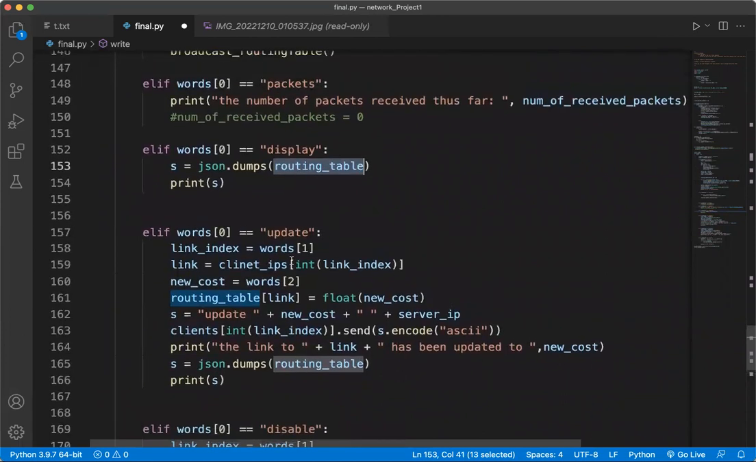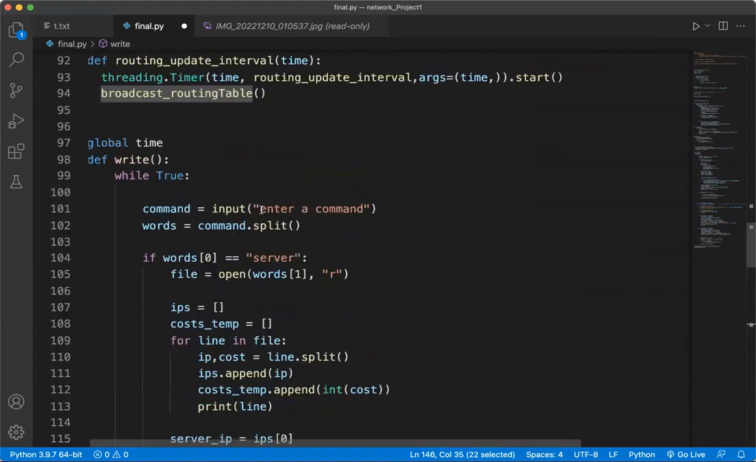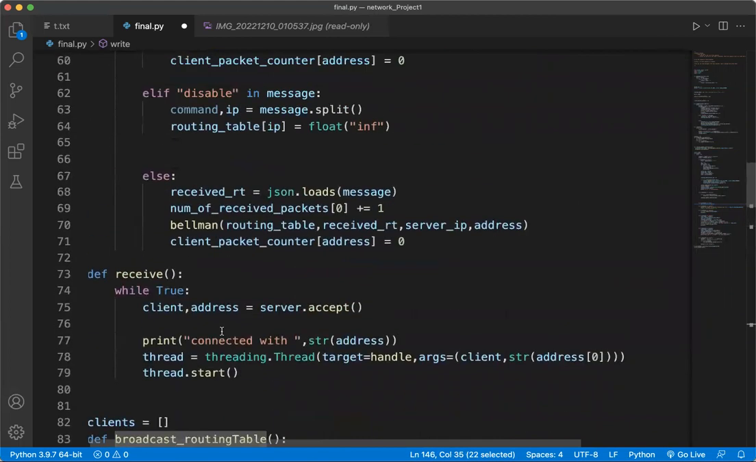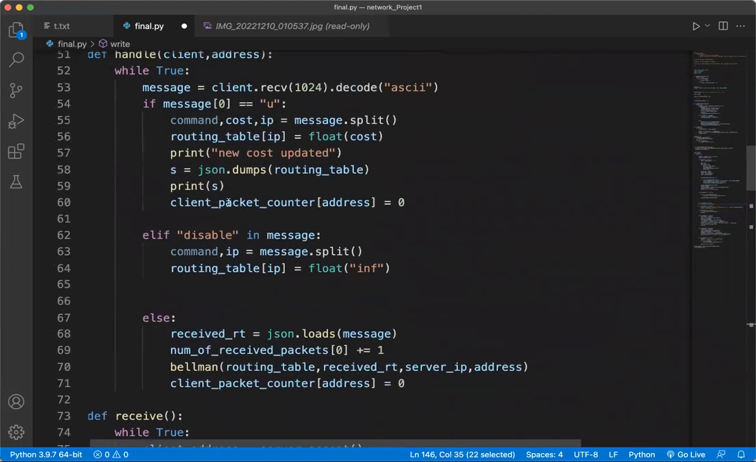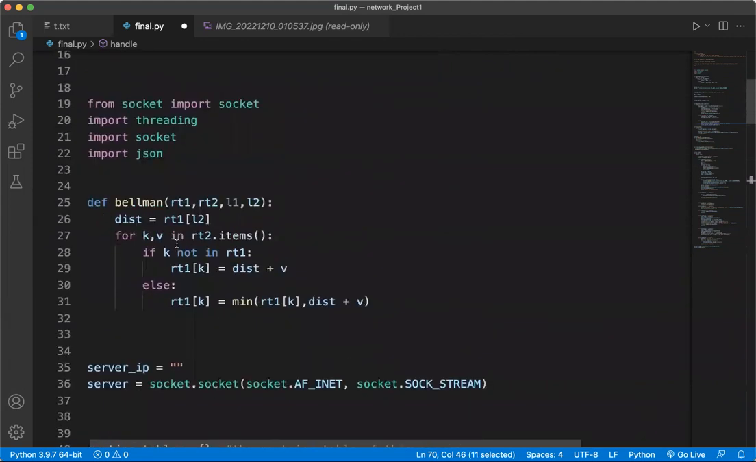let's see. So actually, let's do broadcast. So, okay. So every time the client receives the routing table, it's gonna call the Bellman equation. And the Bellman equation takes two routing tables, itself and the one that it received, and then it just loops through